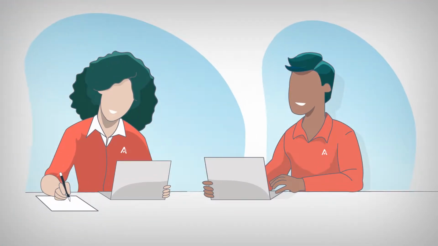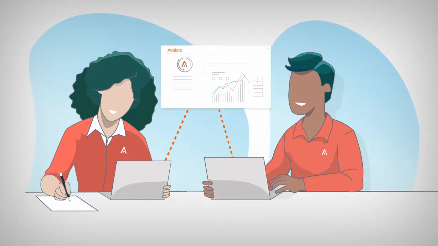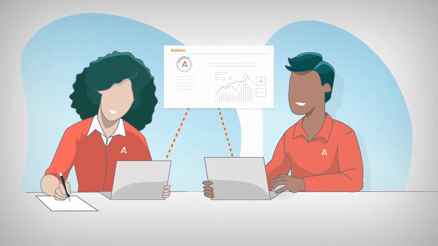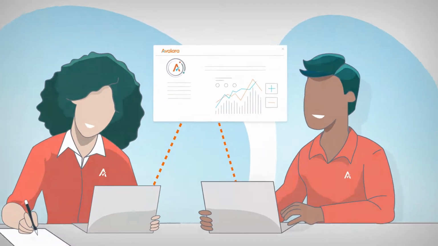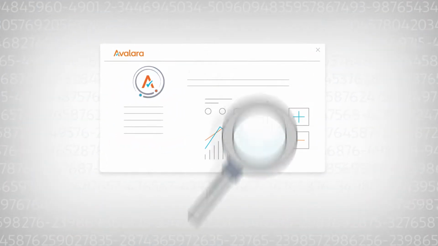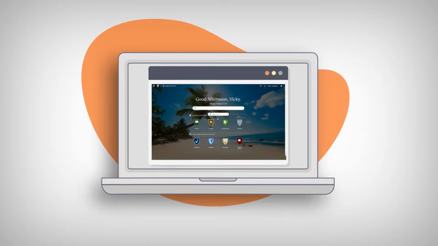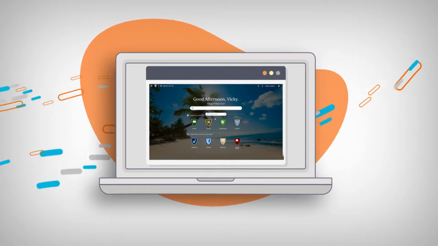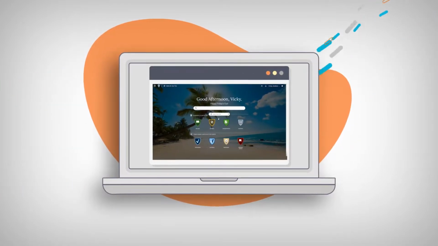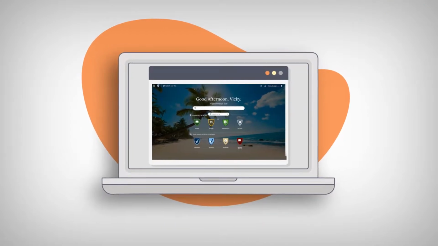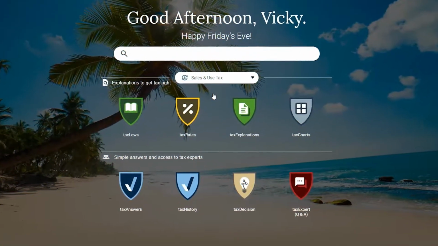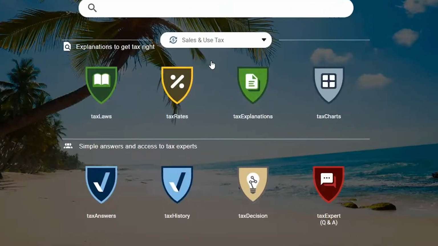ATR Standard for Accountants encompasses thousands of hours of up-to-date tax research by Avalara's research team that's translated into plain English and made easy to search and cite. It is a very comprehensive tool with multiple ways to arrive at the correct tax question or answer you're looking for. For those accountants who like to start at the basics but with a leg up, Tax